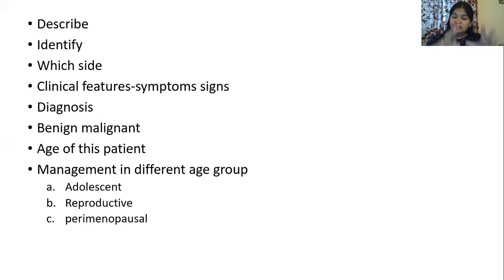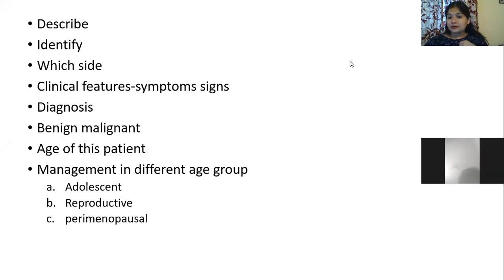You just can't take her to OT and do surgery. So the next step is, is she operable? The next step is going to be CT, MRI, and see the extent of disease. If the extent of disease is limited to the ovary, then you can straight away go with panhysterectomy, remove the uterus, and go ahead with this.